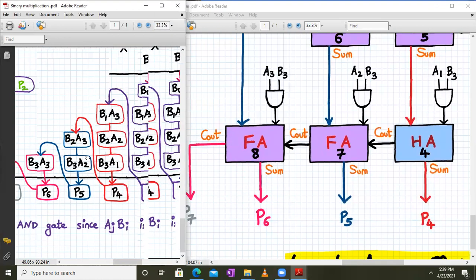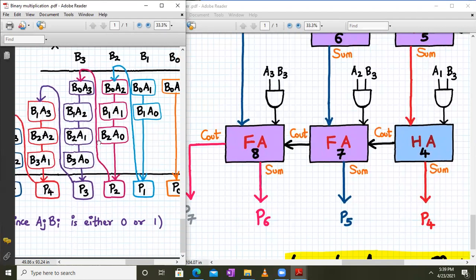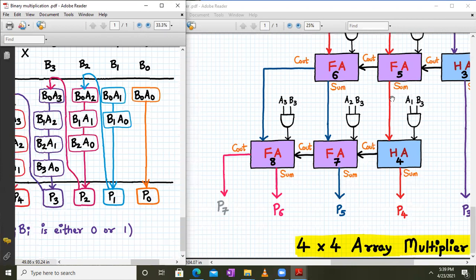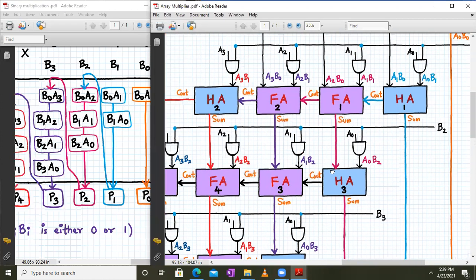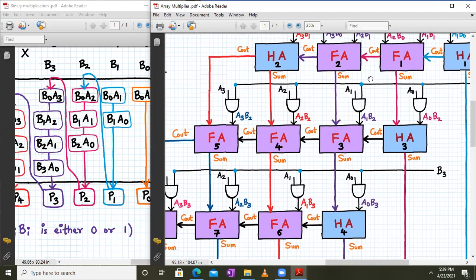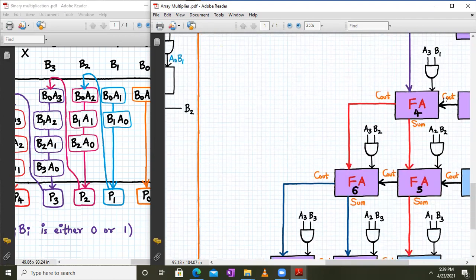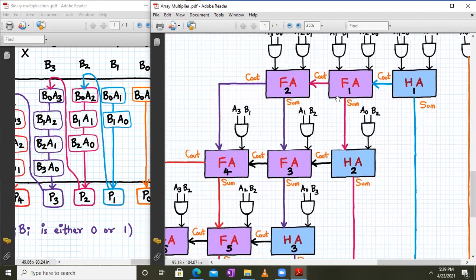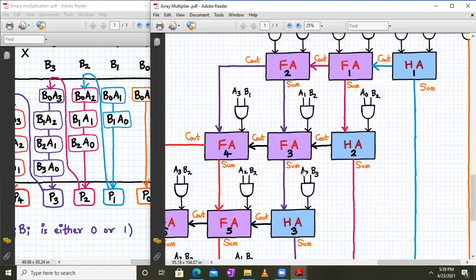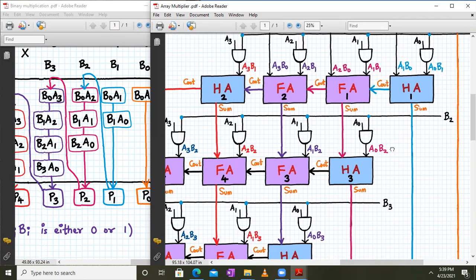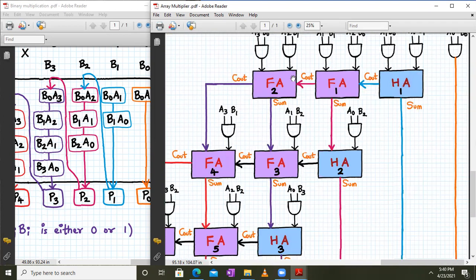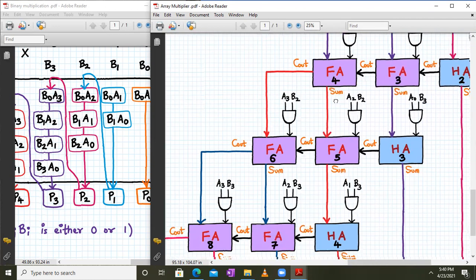So this is the way we have implemented the second technique. It's not different than the first one. Only some rearrangement is required. If I compare, here we have 4 adders connected in series in line, whereas the stages will be 3. Here you can see 3 adders connected in succession, whereas the stages are 1, 2, 3 and 4. So in the earlier approach number 1, we had 4 units connected together and 3 stages. Here we have 3 units connected together and 4 stages. It's one and the same. So both the techniques which we have discussed are one and the same.